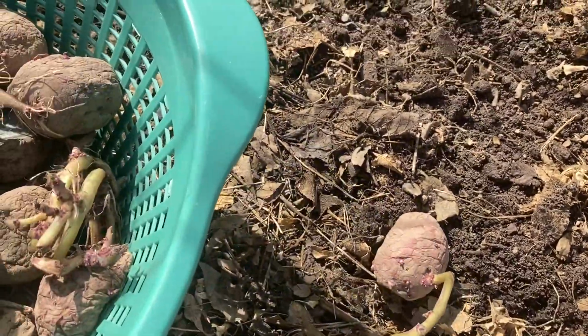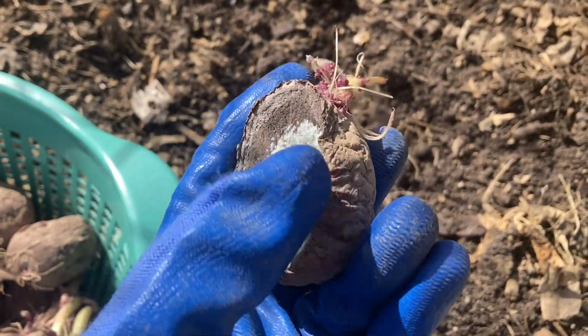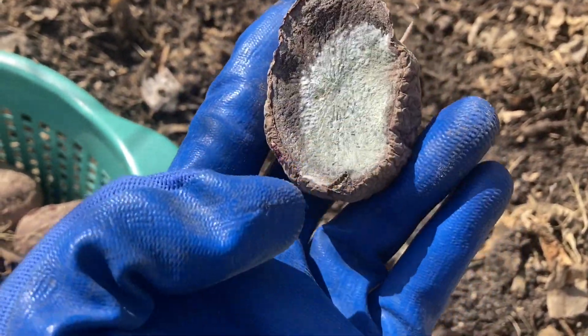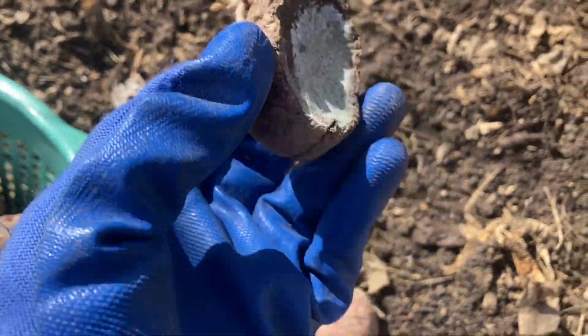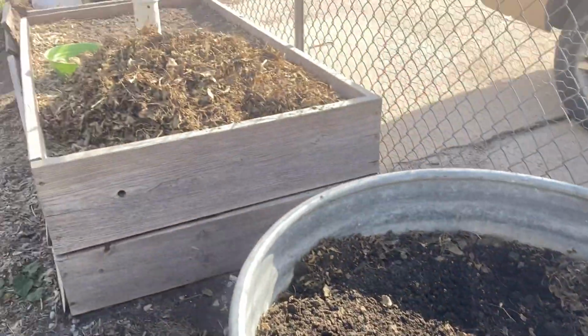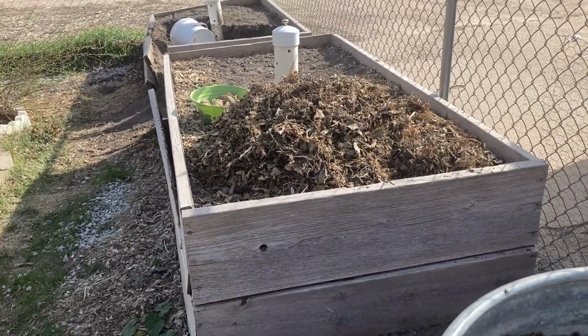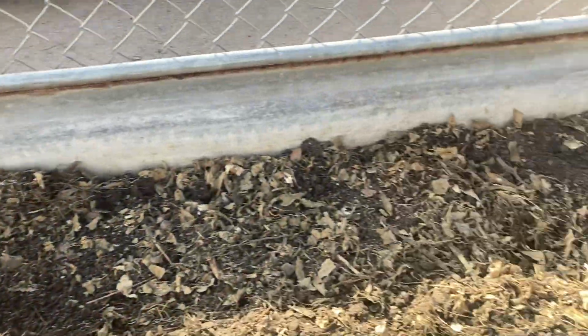So I'll just leave it be. For big ones, I cut them, and then after a couple days of it going like this, I can plant it. That way they don't rot when you plant them. And then I removed the leaf mulch over there, and that's the white potato, because here in the Midwest you'll